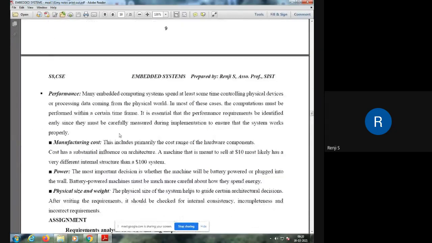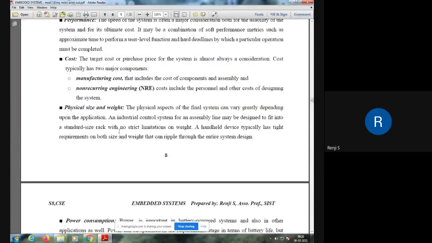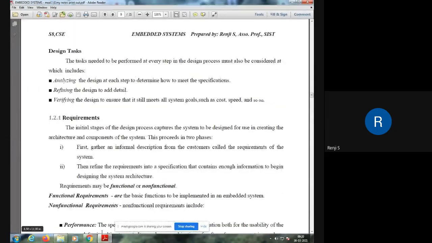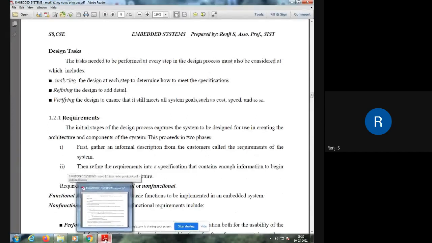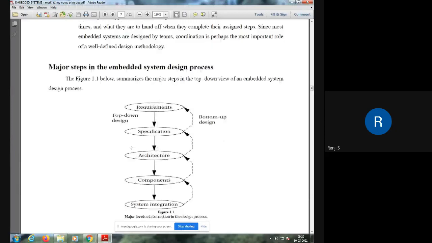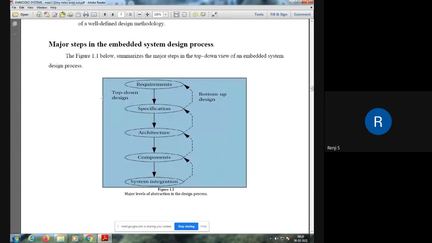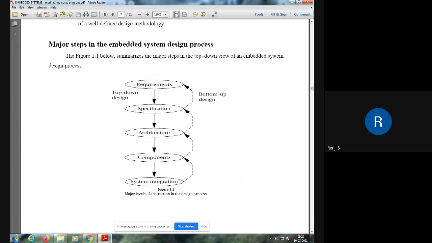It can be asked as a single question, like explain the embedded system design process, or it can be asked like what are the major steps in the embedded system design process. And last time, since it is too lengthy, they asked to write the specification for the GPS system.